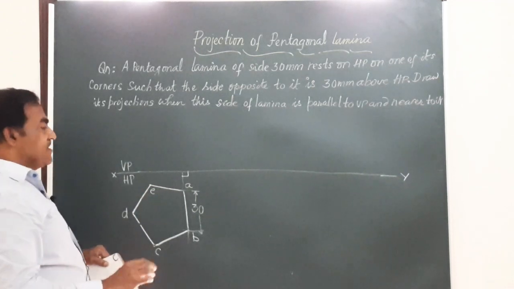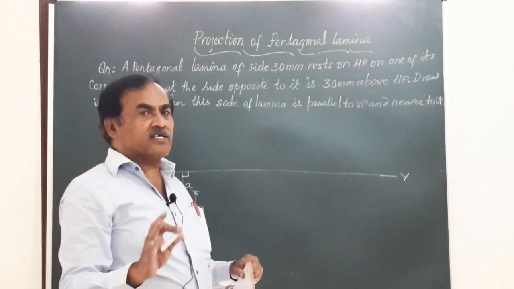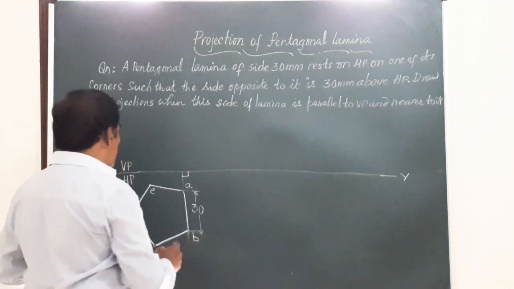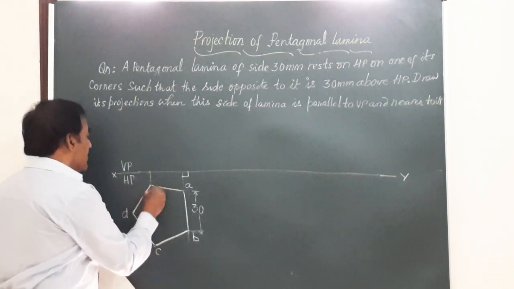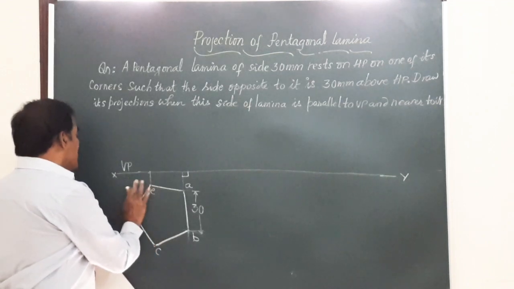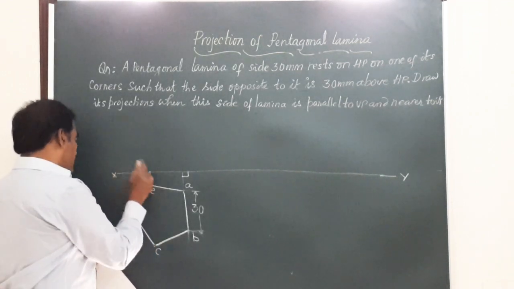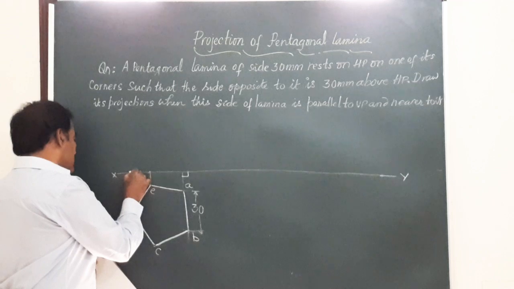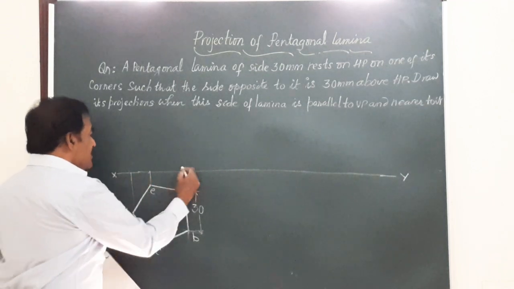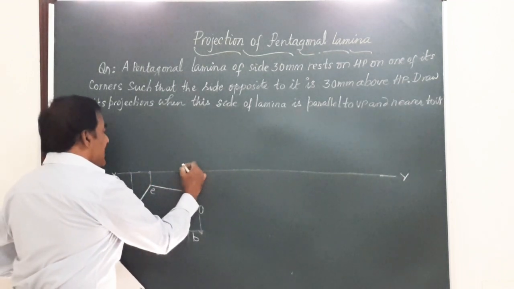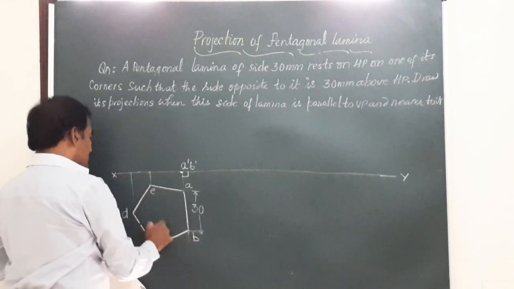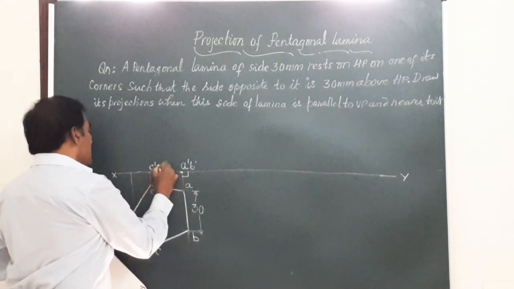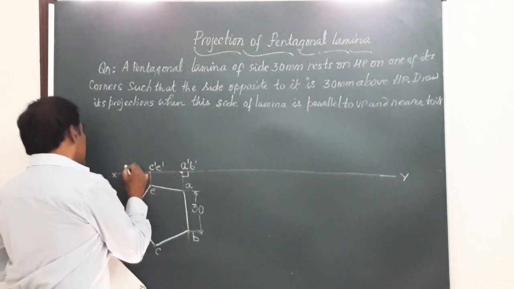Friends, remember, if the construction of the pentagon is correct, then the vertical drawn through C should pass through E, and that should be normal here. So I am also going to get the other points on the XY line. So friends, this point will represent A dash, B dash in the front view. This is C dash, E dash, and this is D dash.